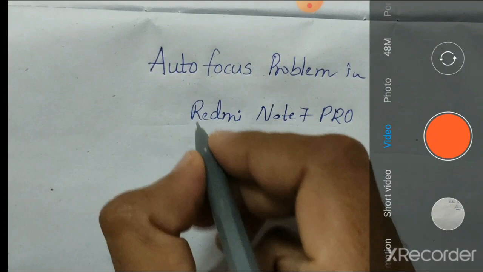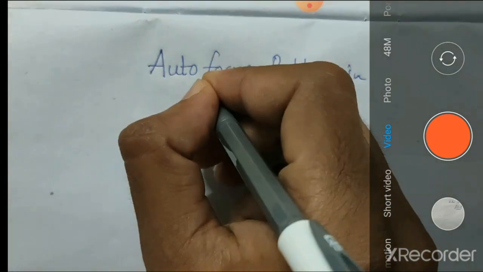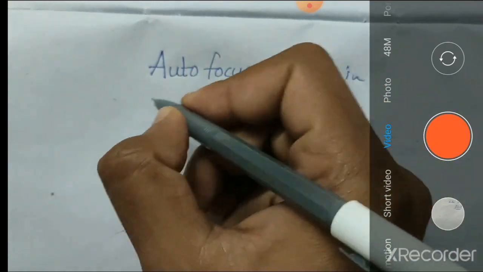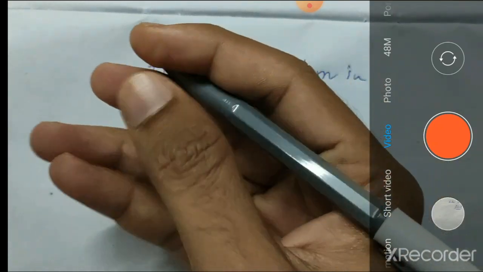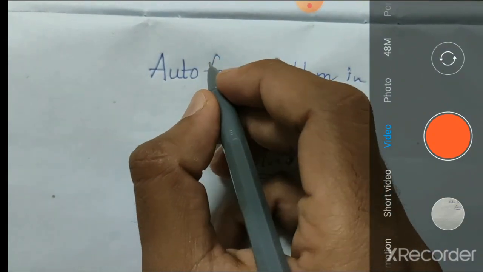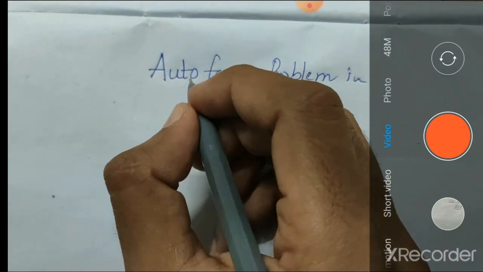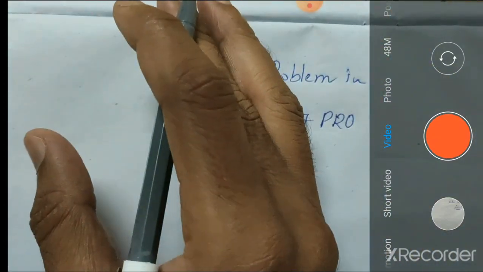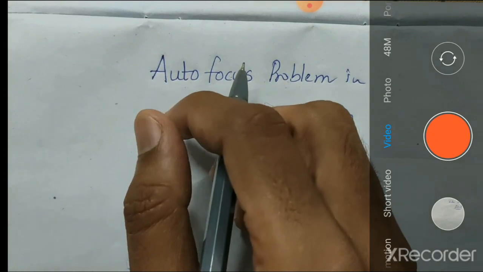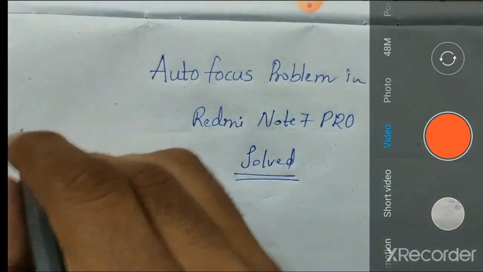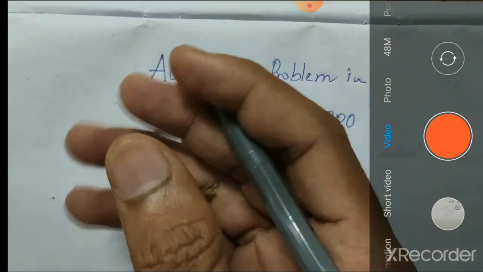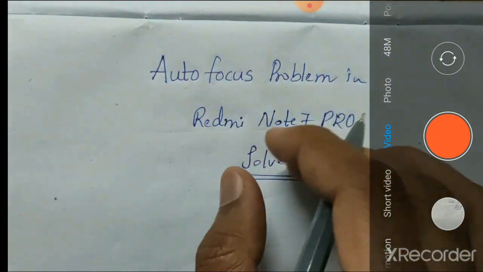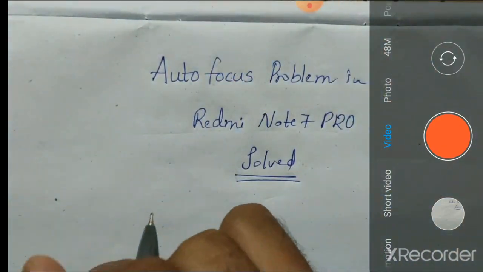Like, for example, let us see something I want to write here. The moment when I move my hand over on the paper, then automatically the camera lenses are focusing on my hand. In this scenario, whatever the text is there will be blurred. So this kind of disturbance will be there whenever you are recording your video, because there will be a lot of movements. So because of this autofocus, the student cannot concentrate on this particular text. So that is the major drawback.